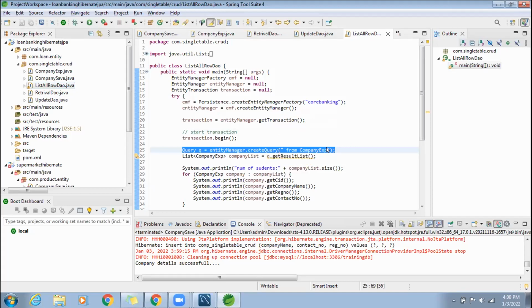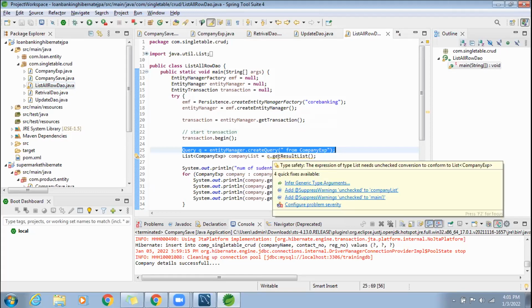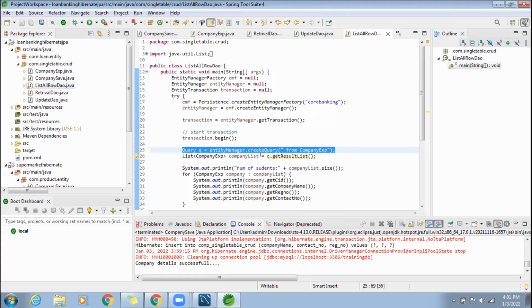So now it will go and select all the records. See the 26th line, q.getResultList. So it is going to execute the query and it will send all as an array list. I think everyone knows what an array list is. An array list contains a collection of other data. I don't know whether you people have started to read Java. You should complete all the Java videos, otherwise it will be very difficult. So an array list is like a container which contains all the objects.